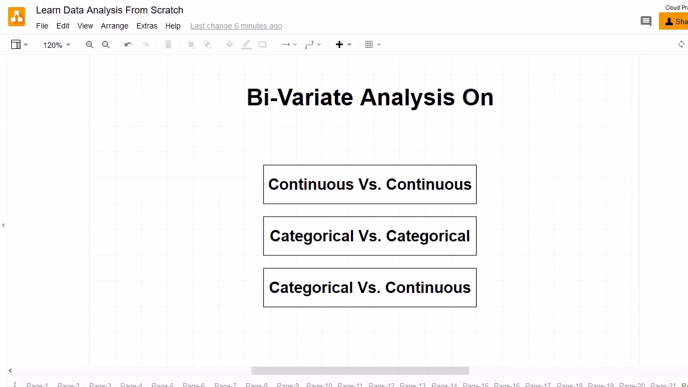As you are already aware, we have two types of variables: the continuous variable and the categorical variable. Now when we are doing bivariate analysis, we can perform it in these three ways. First, continuous versus continuous, that means both variables are continuous. Second, categorical versus categorical, that means both variables are categorical. And the third one is categorical versus continuous, where one variable is categorical and the other is